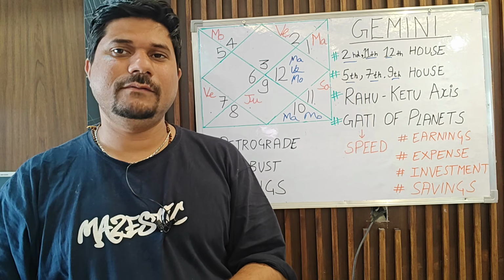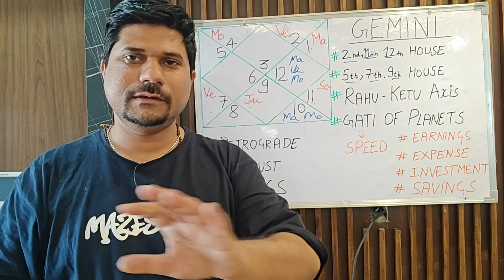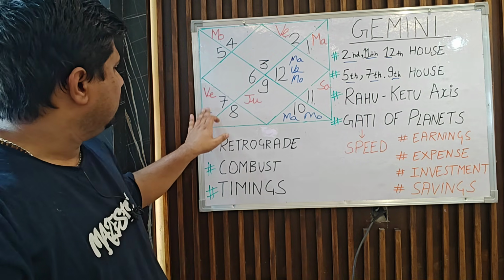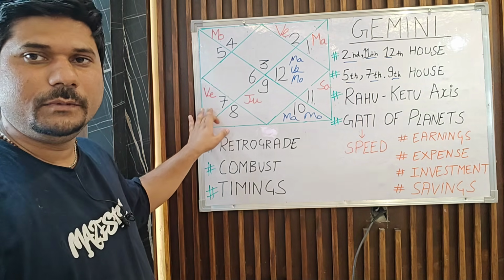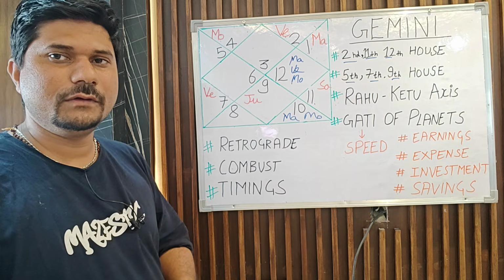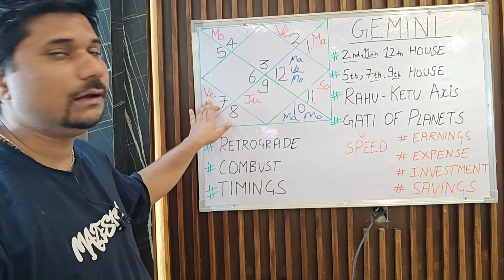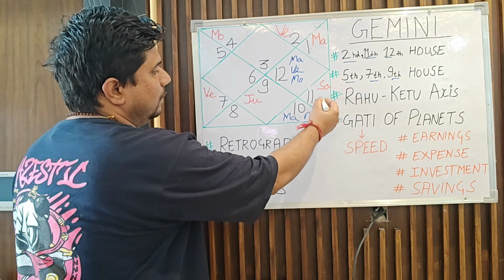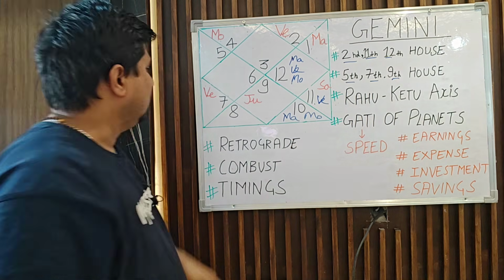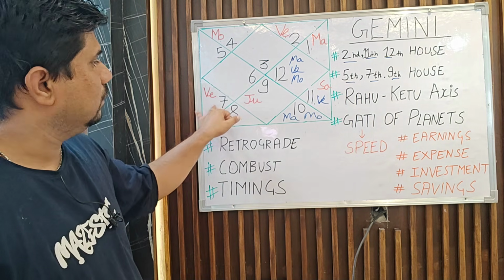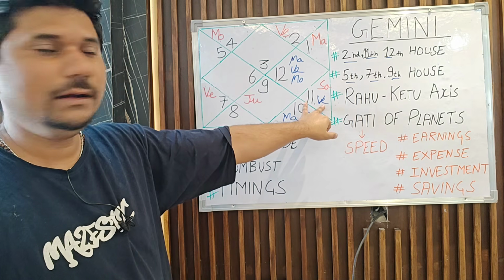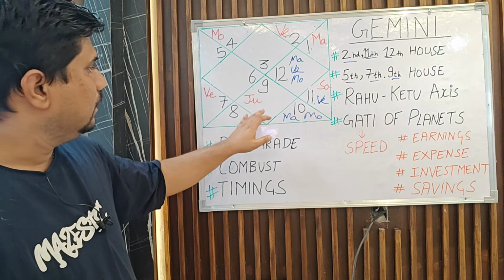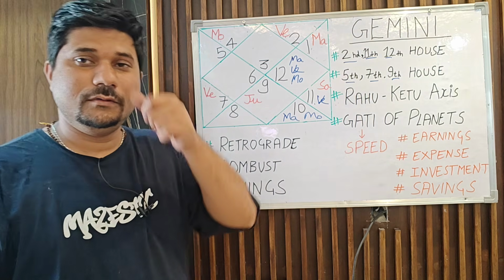Now how does this activation take place? I'm going to give you one simple example. The 5th house is the house of children and childbirth. So obtaining a child also has the capacity to create yoga with the help of Venus. Now for example, Venus is positioned up there with Saturn. As soon as the child is born, your 9th house also becomes activated and Saturn will also start giving results into your life.